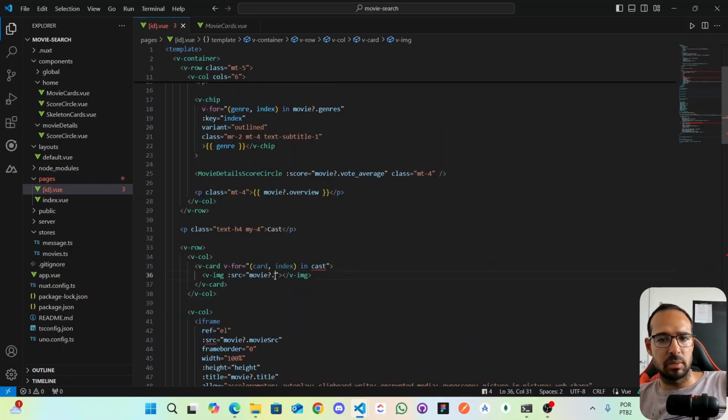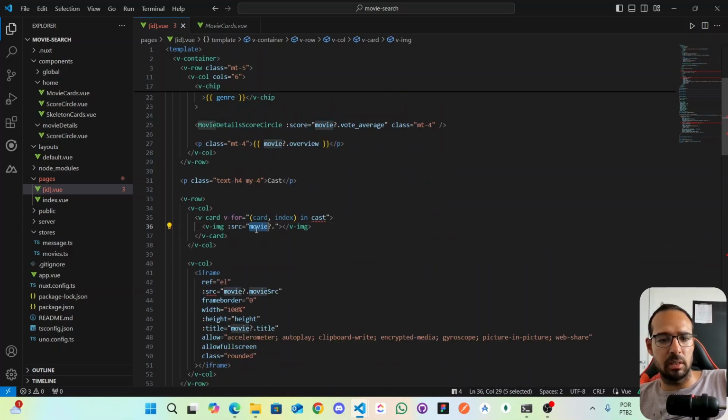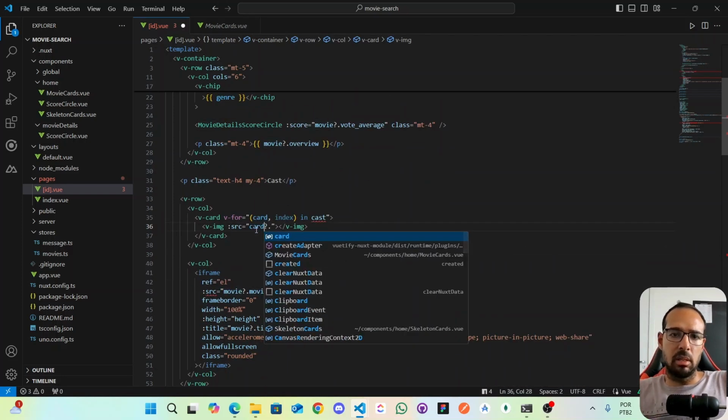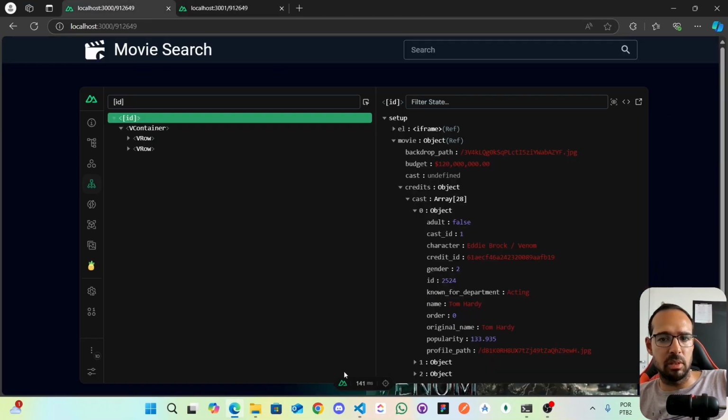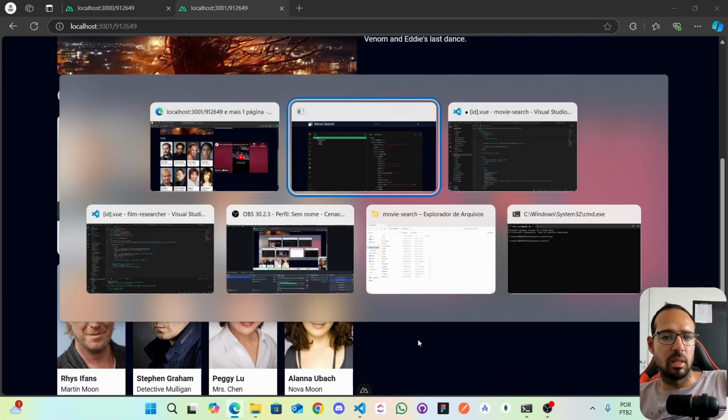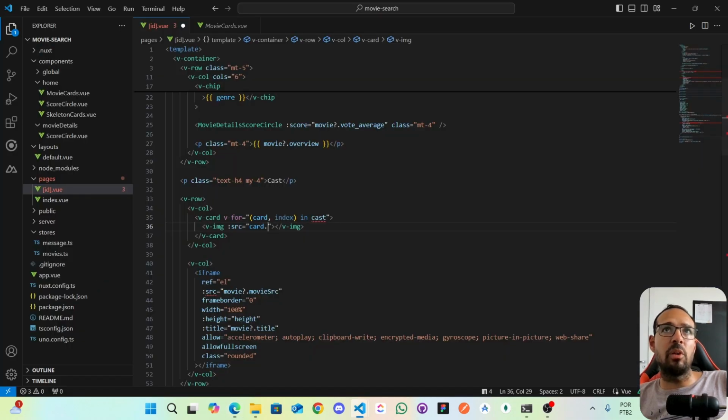Let's see if it works first. This would be the movie image, which would be the cast card. I don't know which is the name of the image here from the profile path. I don't want to edit the value. I just want to get the path, profile path. The profile path would be